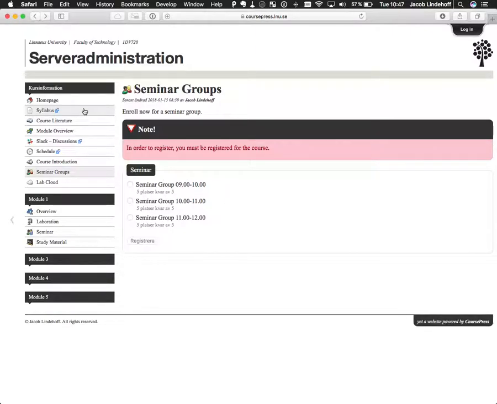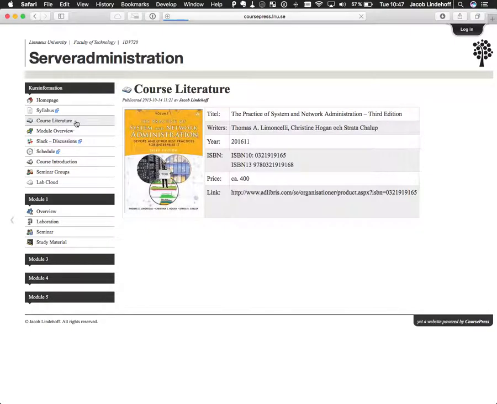And the layout of the course, well, actually, I haven't talked about the literature. This book is quite big. We won't go through all of it. I think it's a really good book about how to administer and be a system administrator. So if you really want to learn more about that, even more than we will go through in this course, it's a really good book. I think you will manage without this book to take this course,